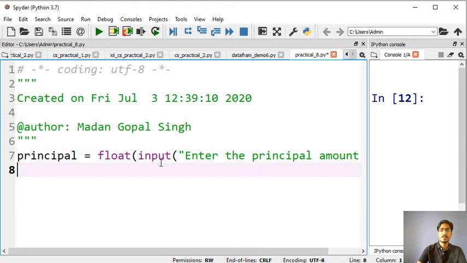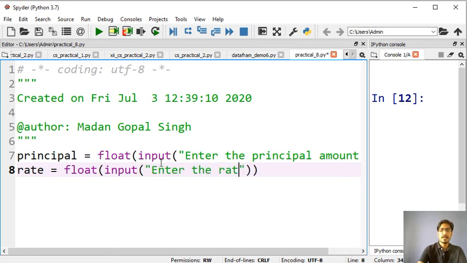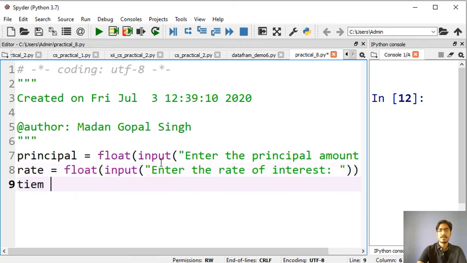Then you will take the rate, that can be in floating point number. Input, enter the rate of interest. Then we will enter the time equals to, it is an integer. Input, enter the time in years.